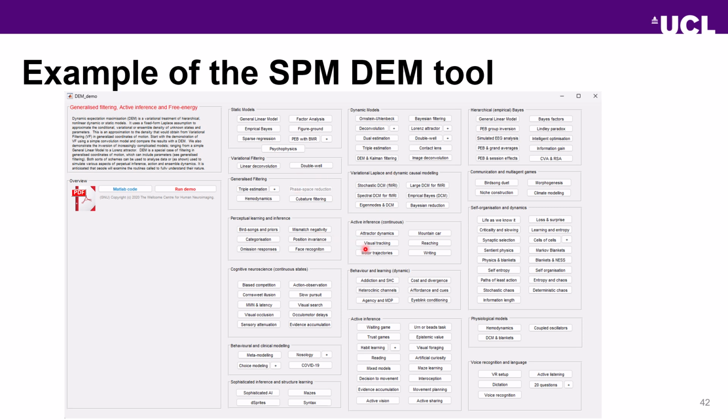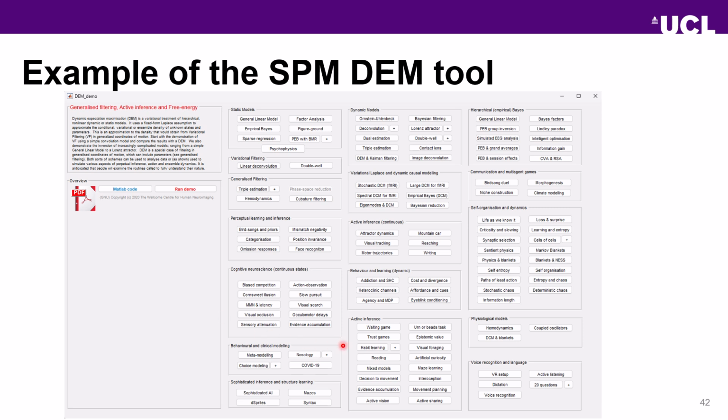I know it looks very big and scary, and there's loads of options, which you probably can't see on this presentation. But these are lots of examples of how you can use SPM and DCM in research. There's tons of different examples, examples of how variational Laplace works and some very specific use cases. There's also the COVID-19 model down here if you're interested in how that works. But it's good to have a look.